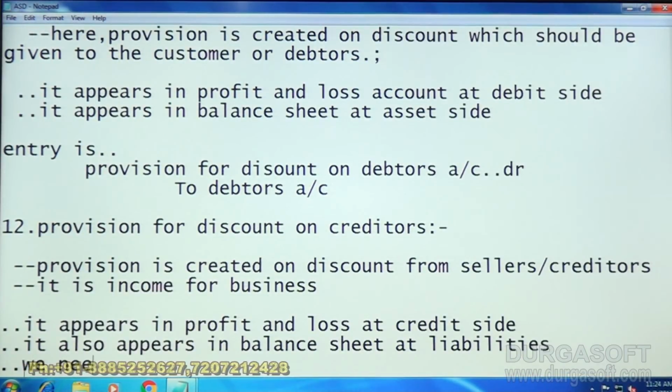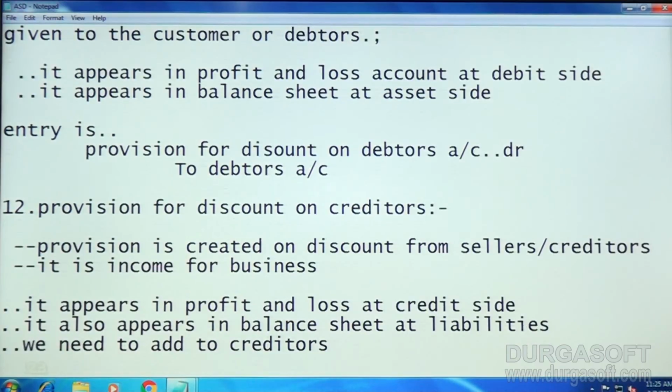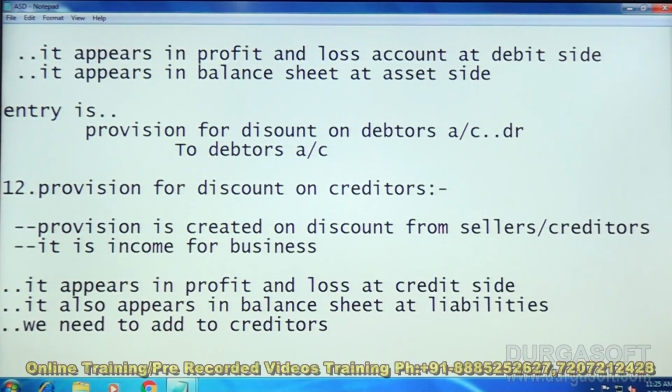We need to add to creditors. In balance sheet we need to deduct. Here the entry is